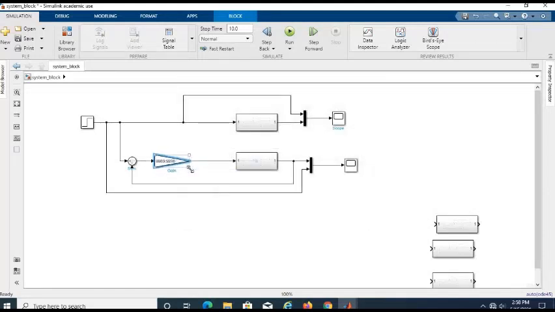Okay, now our system is controlled using a proportional controller.